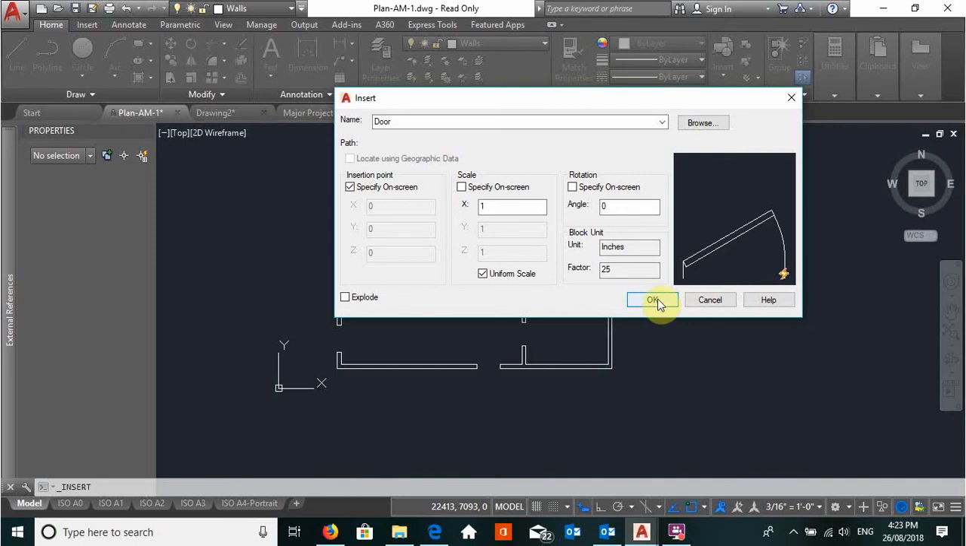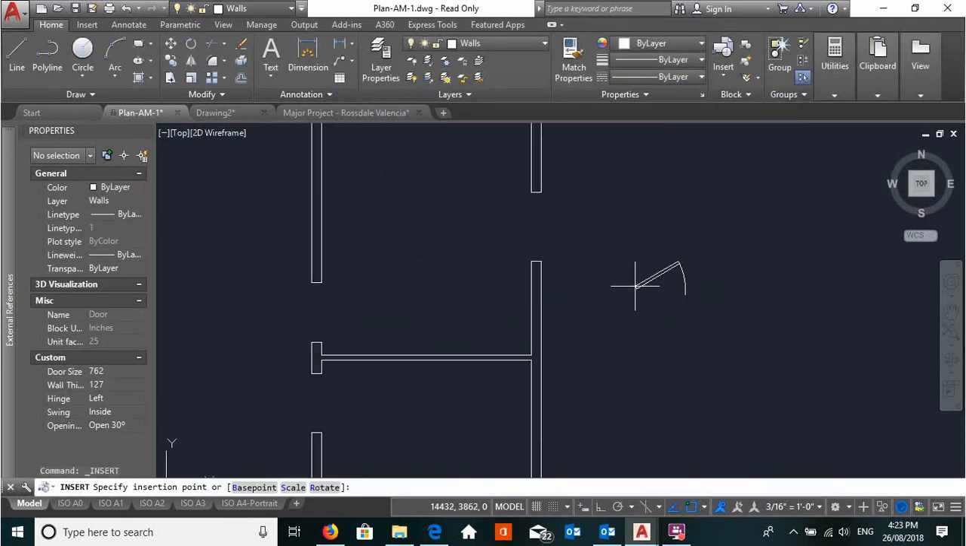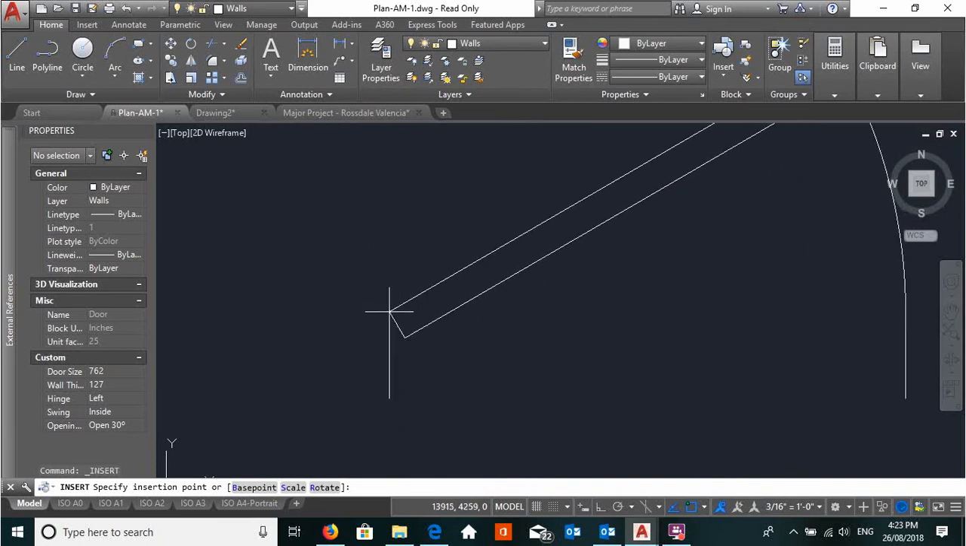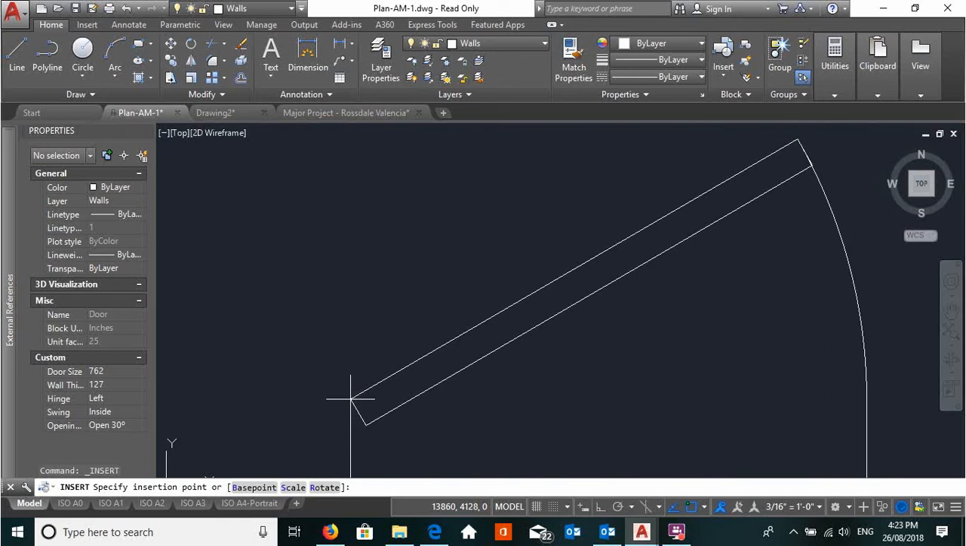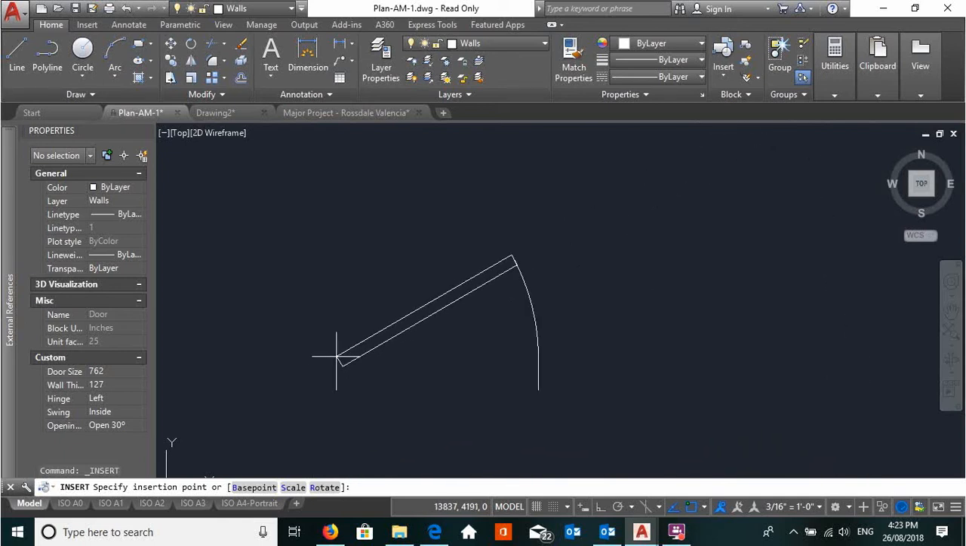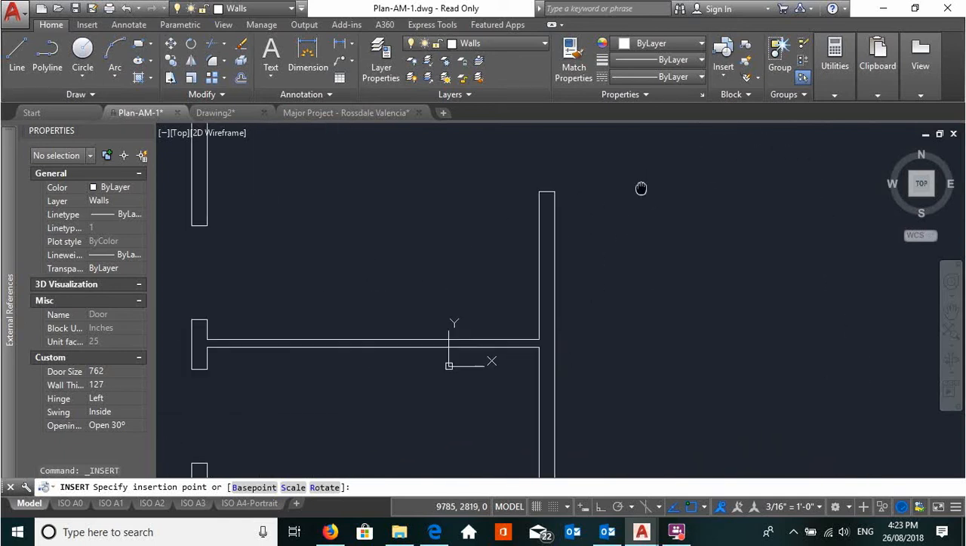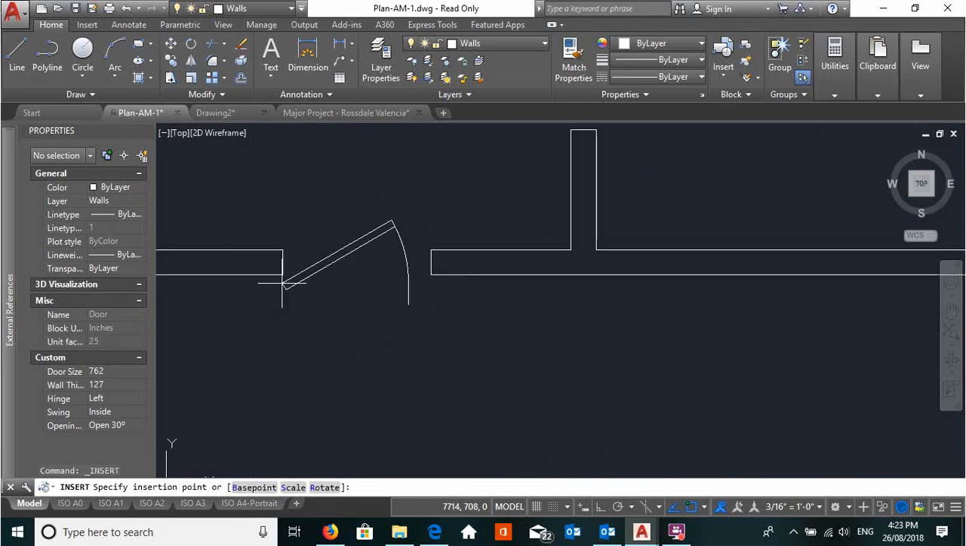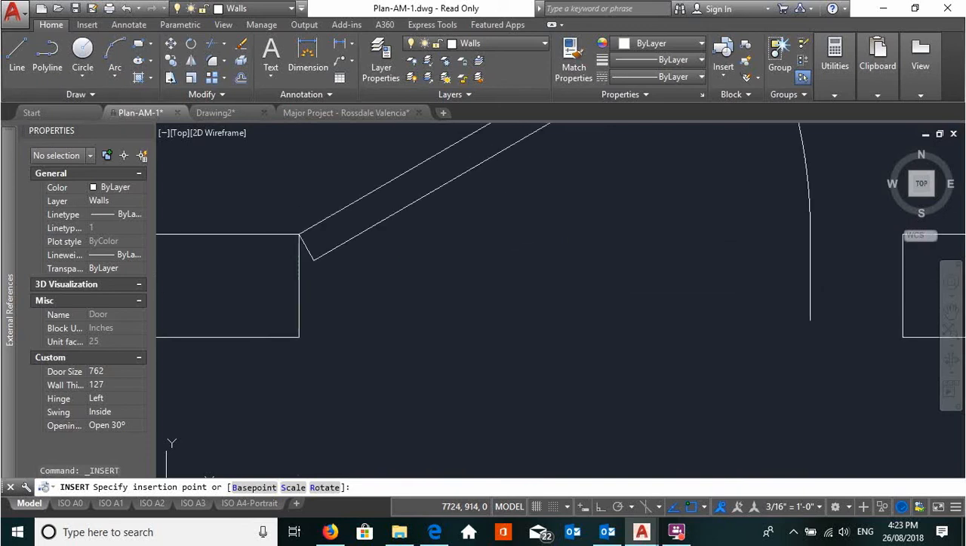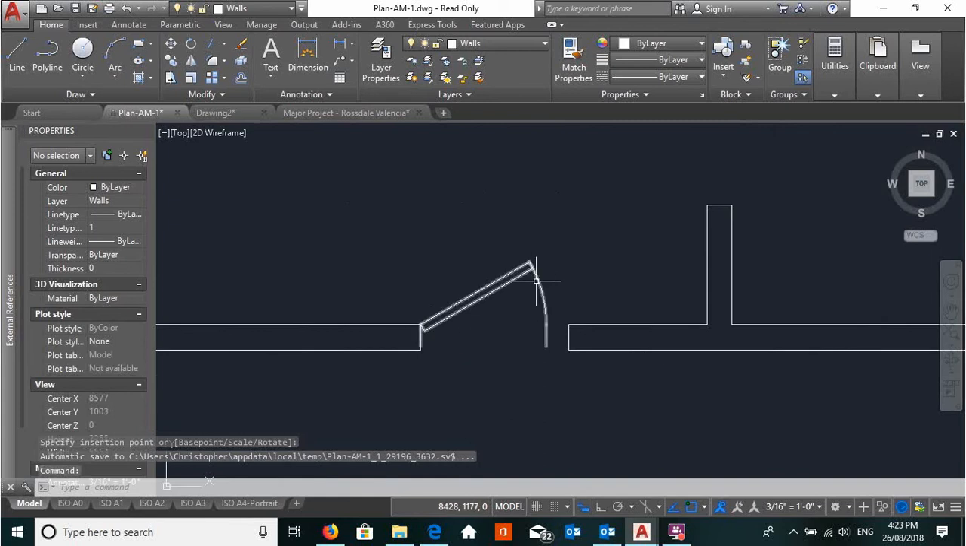So if we go OK, you can see that my cursor is on the point of the outer part of the door swing, and with that I can find a point to insert it. So being there or there. If I do that, you can see there's the door and the start of the swing. You can also see that it's a lot smaller than my opening, which is